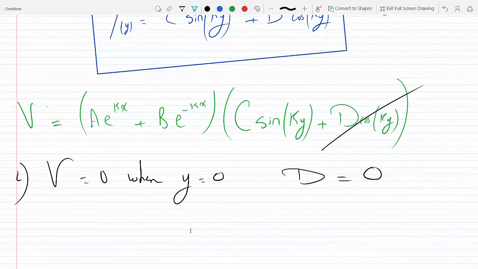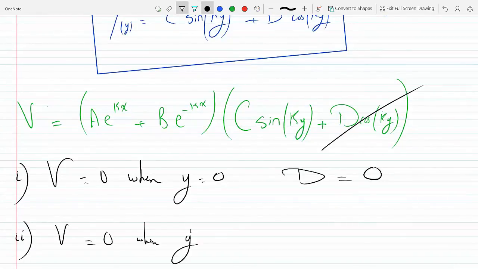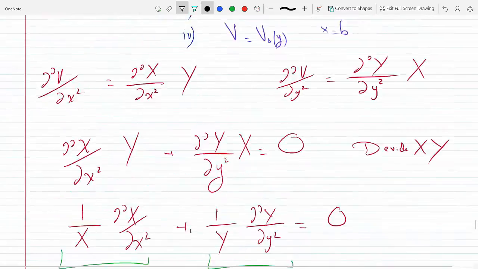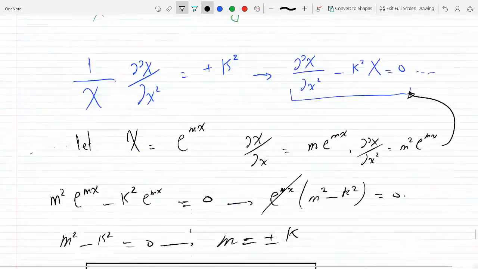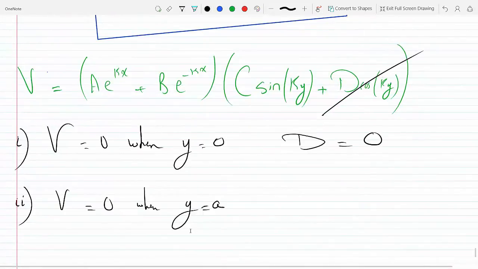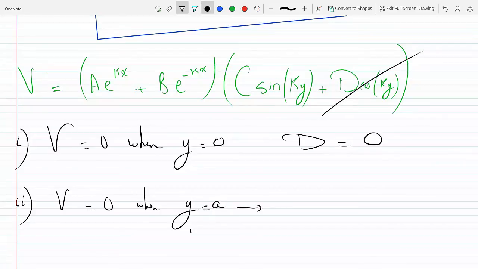Boundary condition number 2 is saying that v equals 0 when y equals a. Was it a or b? Y equals a, yeah. So if that's the case, then the exponentials won't be 0, so that means the sine term has to be 0. C sine ky